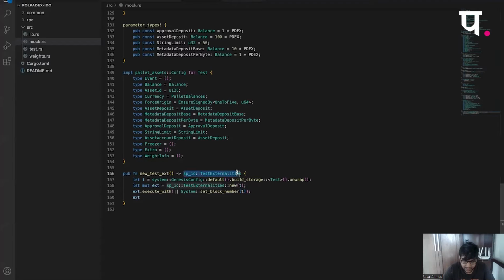This is provided by Substrate, where we can define the genesis. This will create the genesis config, and it is very customizable, so you can directly endow some amount into some accounts when you do this. I'm also setting a new externality. And finally, I am setting the block number to be 1.